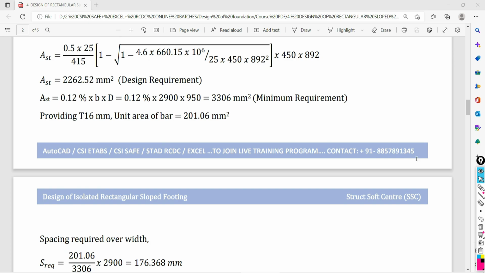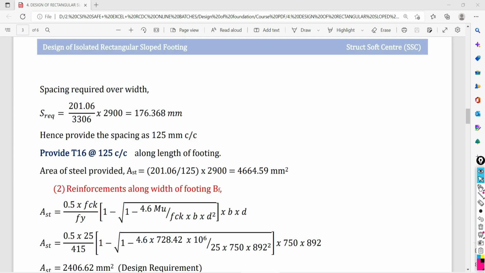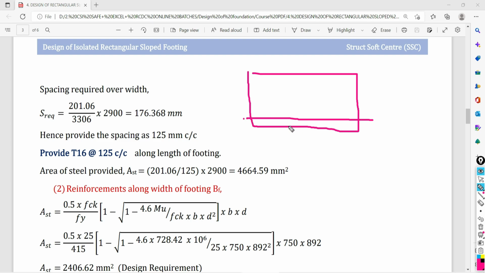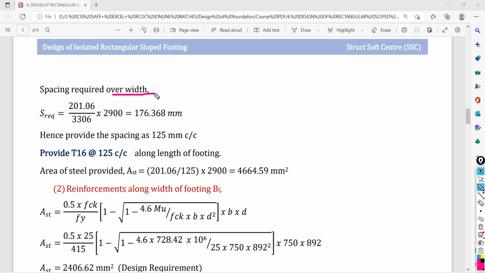So for this reinforcement, I just want to know how much the spacing of the reinforcement I have to provide. So what is the formula for calculating the spacing of the reinforcement? Try to understand. Suppose this is your footing and we have calculated the reinforcement requirement along the length of the foundation, but this reinforcement is going to be distributed over the width. So spacing required over the width: unit area of 16 mm dia is what? 201.06 divided by total area required along the length